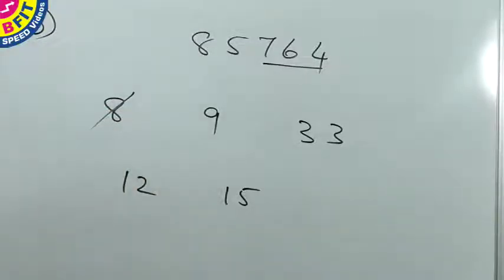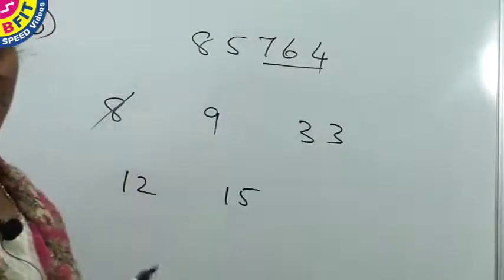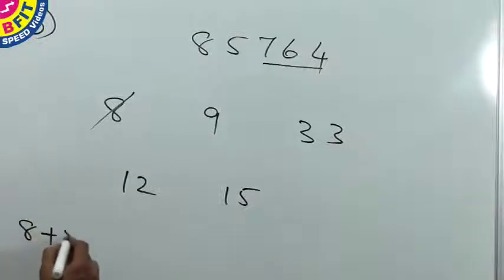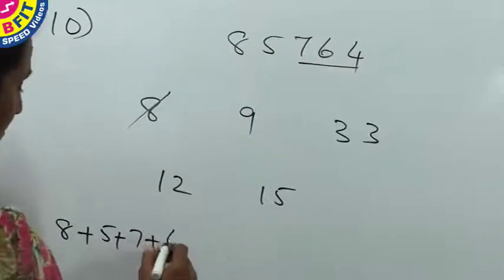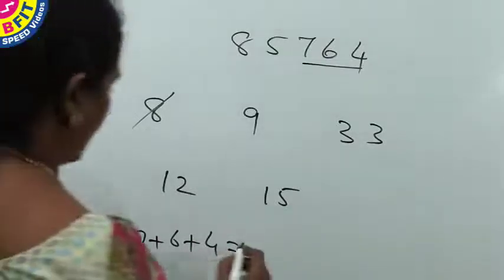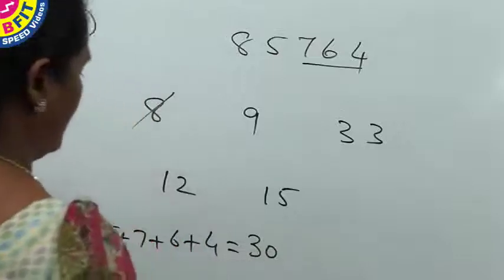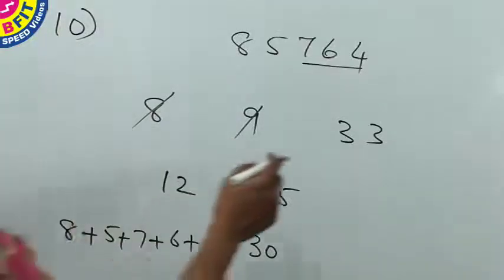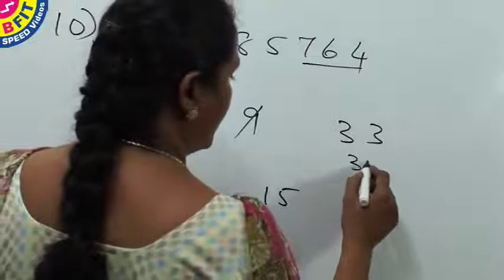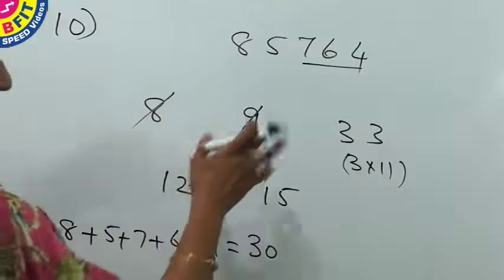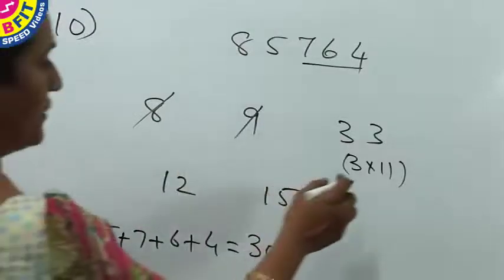For 9, the sum of all the digits should be divisible by 9. When you add all the digits, the sum is 30. 30 is not divisible by 9, so this option is ruled out. For 33, the number should be divisible by 3 and 11. The sum of the digits is 30, so that is divisible by 3. And to check for 11,